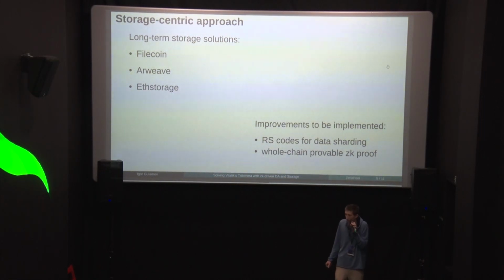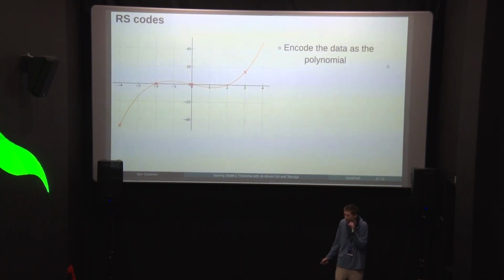Reed-Solomon codes are a more sound solution because we can mix all the data together, blow up the data and split it to chunks, and that means that, for example, if we make 64 to 512 blow up, then any 64 shards are available to recover the data, and this approach is 10 times more efficient than just replication. Let me show how it's working.